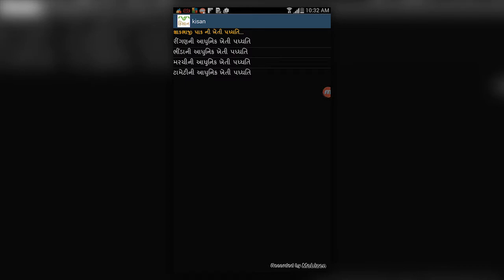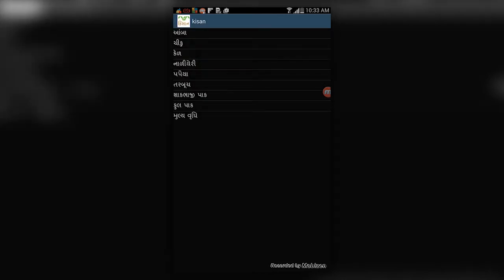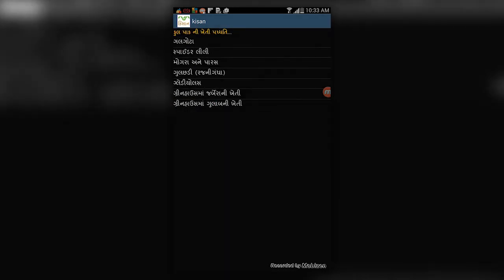Now, as I stated earlier, it also includes some floricultural crops, because South Gujarat is also a basket for floricultural crops. It contains information on marigold cultivation, spider lily, and gladiolus. Besides that, there is a new trend going on, specifically in the South Gujarat area, for greenhouse cultivation, specifically for gerbera and Dutch rose.